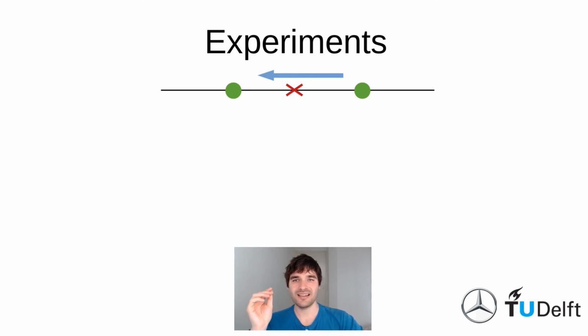The first one is an experiment where the right agent is attracted to the left agent, so it really wants to move to the other agent. The other agent, on the other hand, gets a reward when this agent is at this goal position. All right. So what the left agent ends up doing is it's pulling the right agent to the goal position.